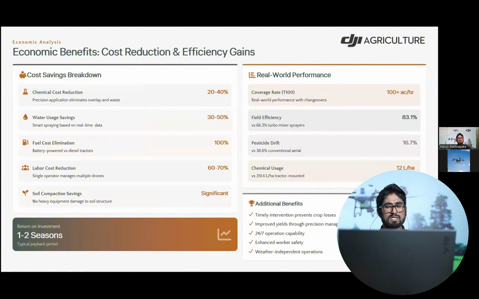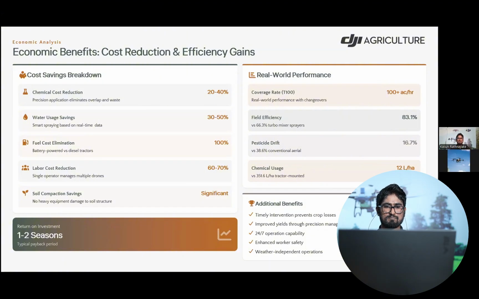We can also minimize water usage by 30 to 50%. Because these are battery powered drones, we can eliminate our fuel cost 100%. And we can cut our labor cost by 60 to 70%, as we need a single operator to manage multiple drones.